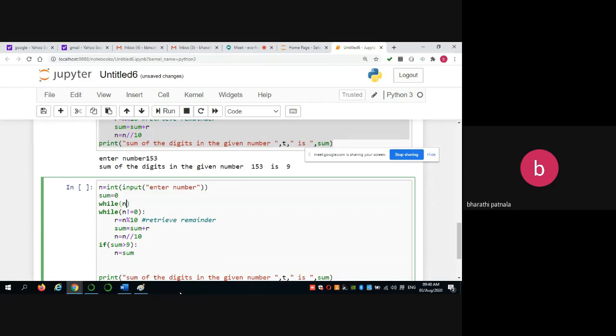So while first you have to check your n value is greater than 9 or not. If your n value is greater than 9, you have to sum the value as 0 and check.